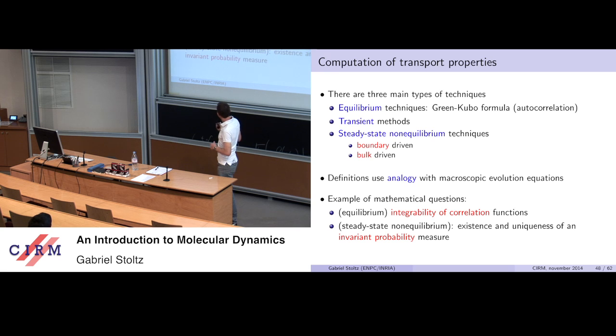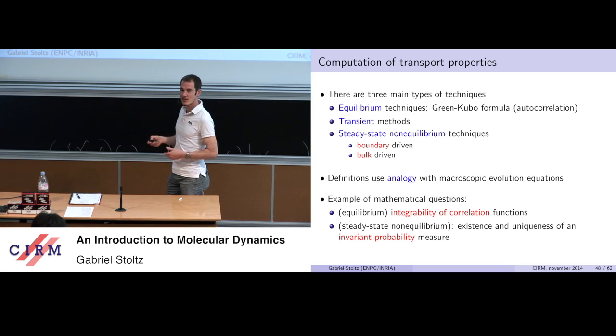And so from a mathematical viewpoint, the question we'll have to ask ourselves is whether the correlations that appear are integrable, and so that's related to a decay of semigroups. And for steady-state non-equilibrium situations, it is whether we indeed have some invariant probability measure. And in this case, it's not as nice as for Langevin dynamics and so on, because of the perturbation terms, we lose some gradient structure or some hypocoercive structure. So it requires other kinds of techniques which may not be as precise as before.